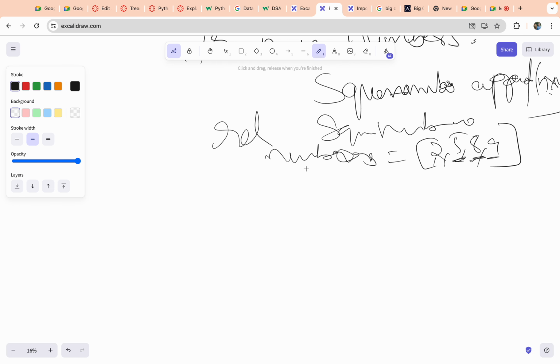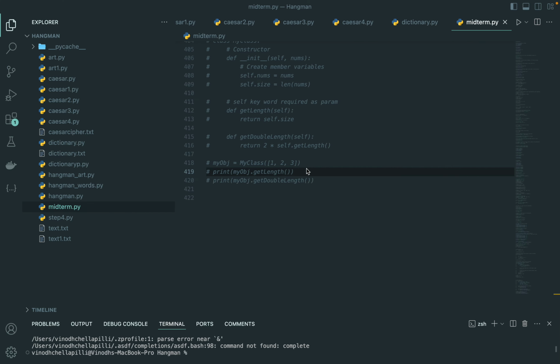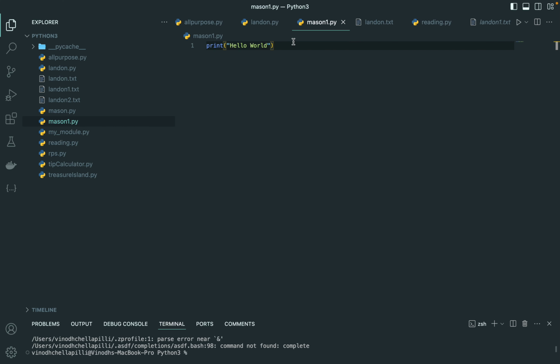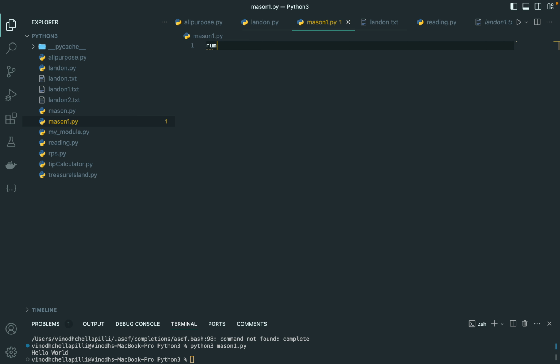So, okay, one thing I'm going to do here. We did print hello world. Make sure that I give a file name with small letters dot py, right? Then if I come here from Mac, I type python3, space, the current file, main1.py. Hello world. So if I delete this one, now I'm going to write numbers equal to